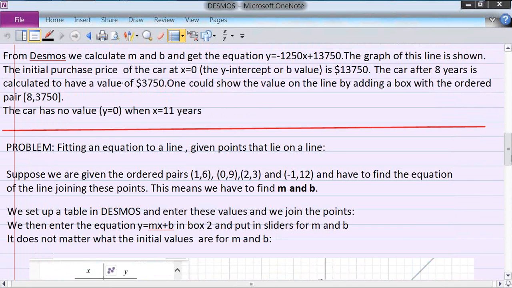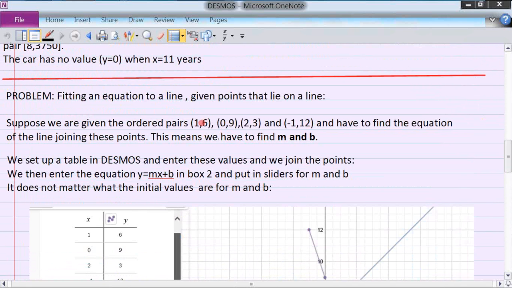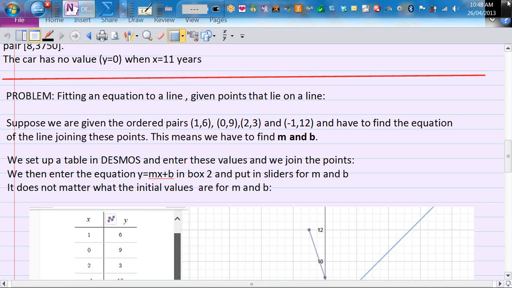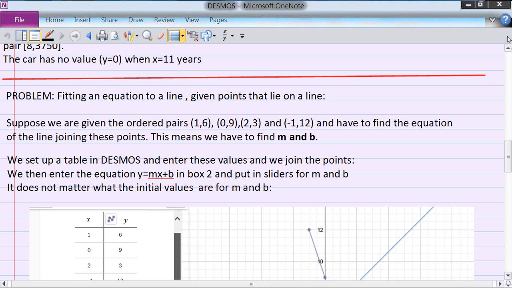And what I've tried to show is, once I've given these 4 points, or I'm given any sets of points, as long as there's more than 1, I can derive an equation that will fit that line. So that completes topic 7 and the applications to